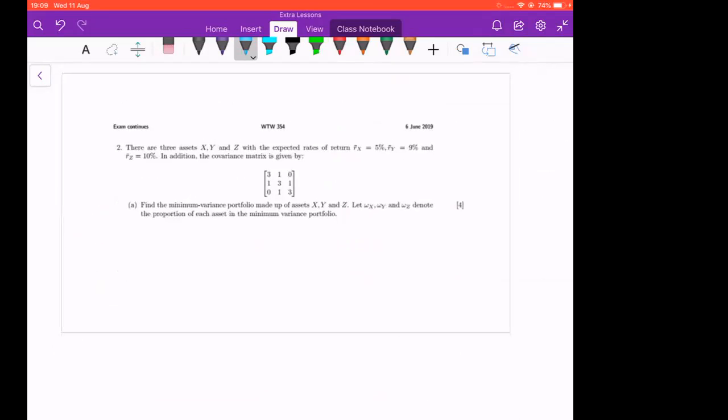Anyway, this one is from a 2019 paper. I can see the hands. Let me see. There are no questions. So anyway,